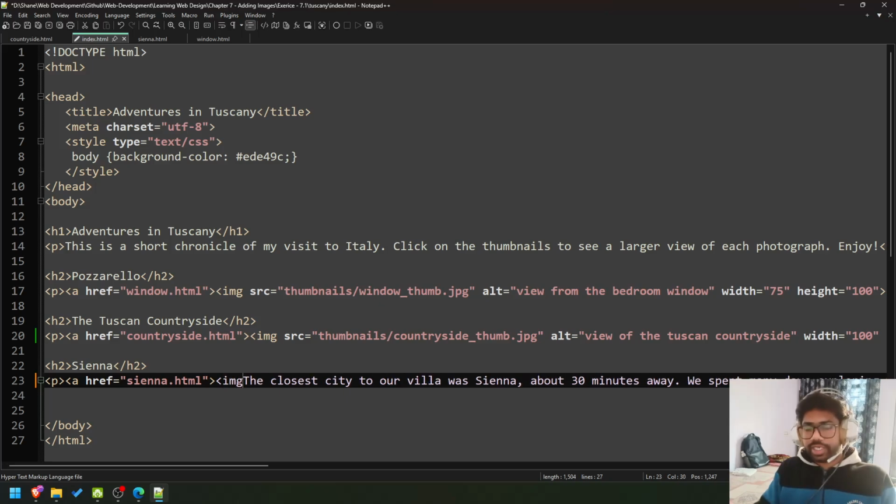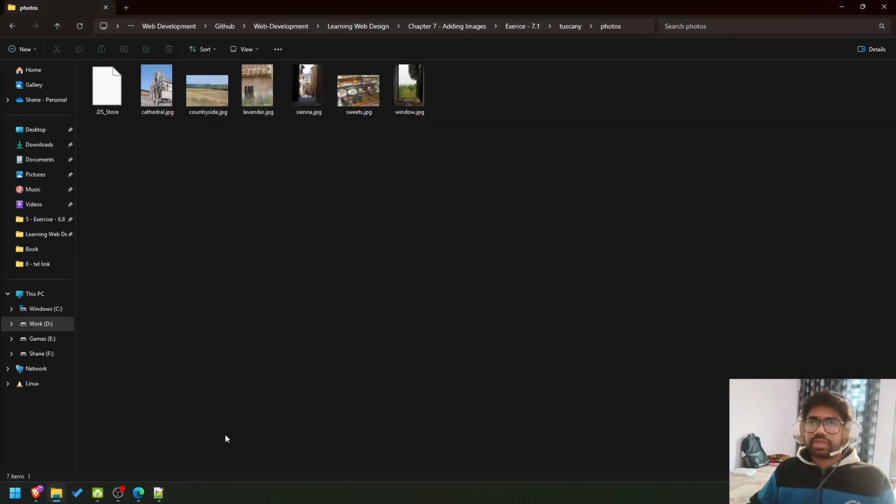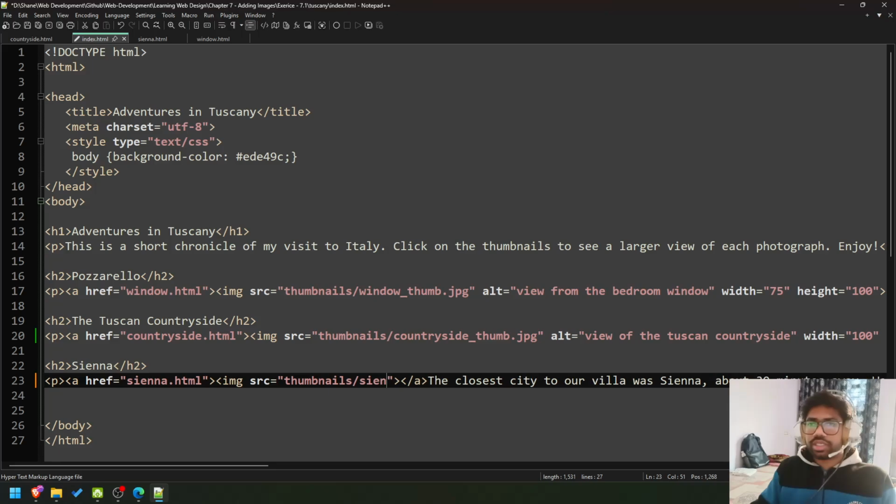Then we provide an image, close this tag, with source equals thumbnails slash sienna underscore thumb.jpg, so alt equals